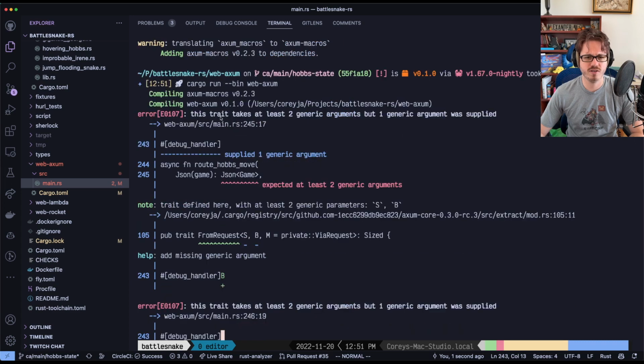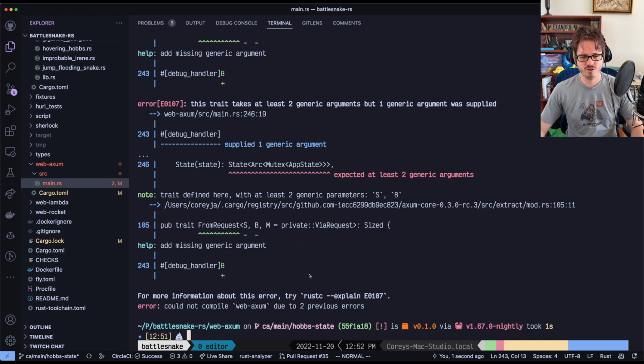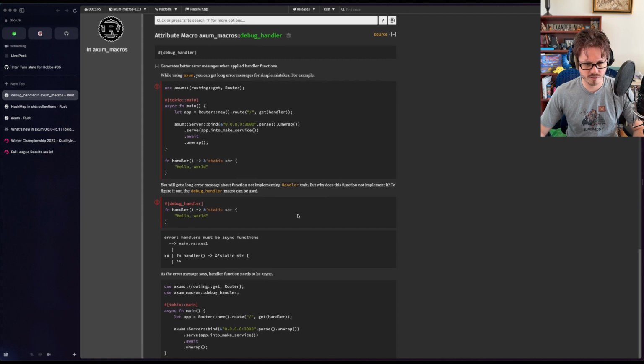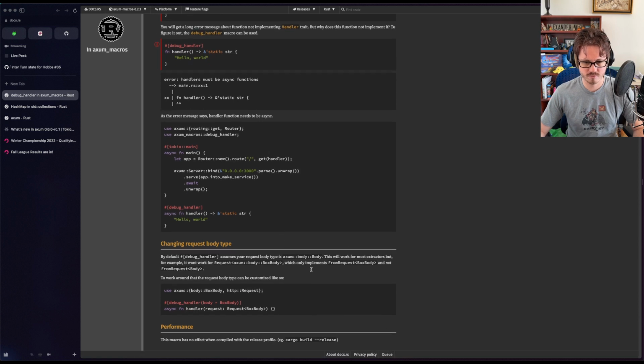Whoa, the trait takes it. What? Not sure that is actually working at all. To figure out the debug macro can be used. But that doesn't mean...